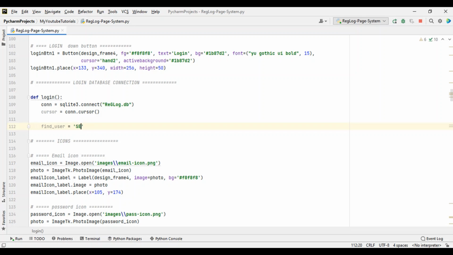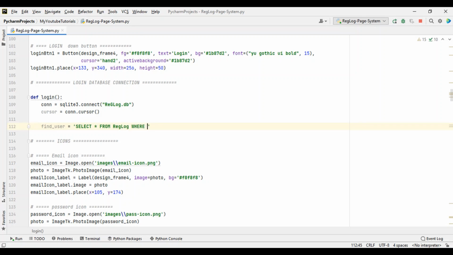We say select asterisk, and the asterisk means select all. So select all data from the database, which is our registration login,